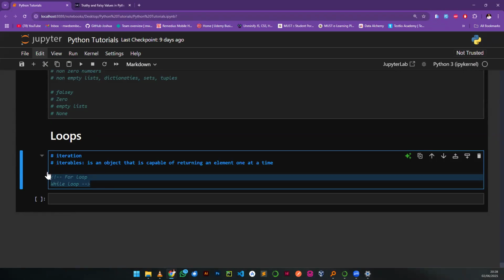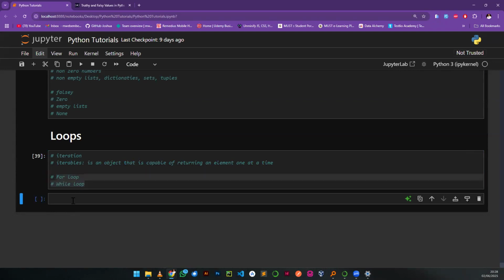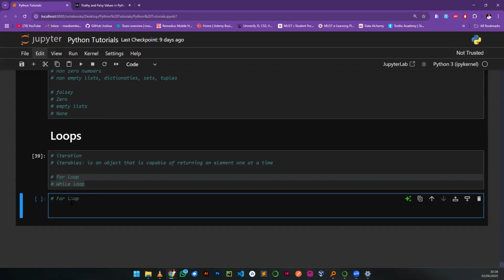Down and comment, code, comment. So let's start with what they call a for loop. A for loop, we basically use the keyword for. And this is how we write a for loop. So for,